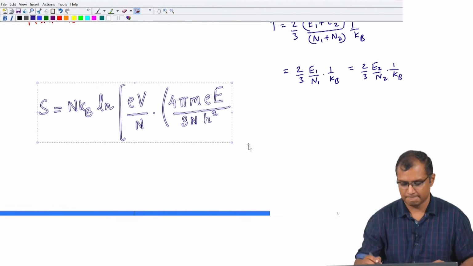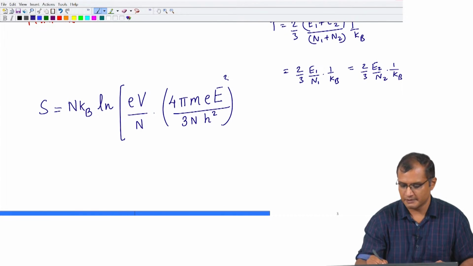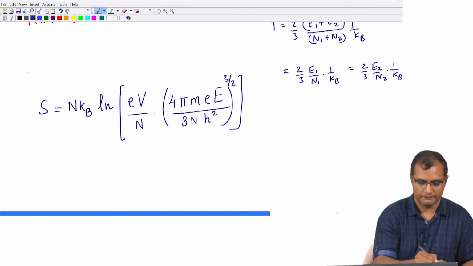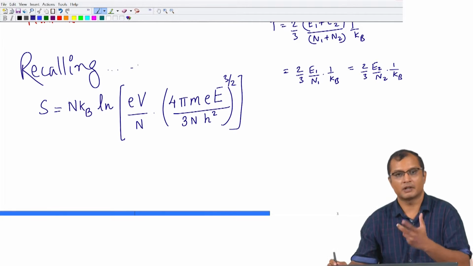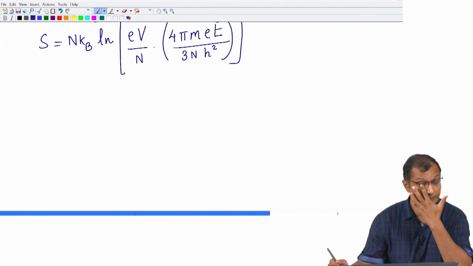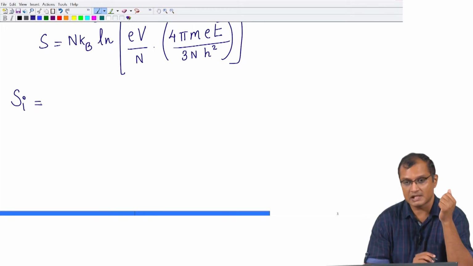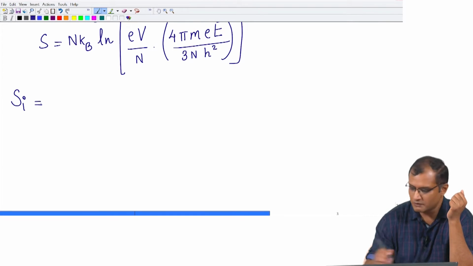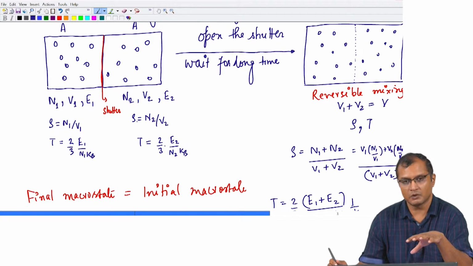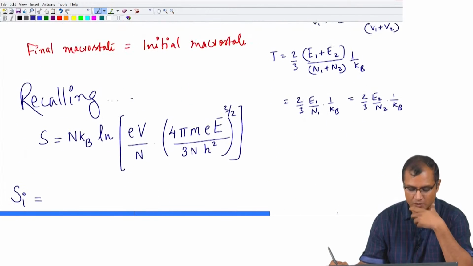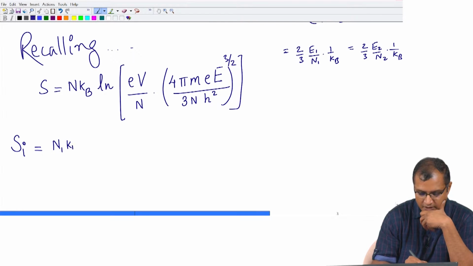Okay. So, just recalling that this is the expression for entropy, you can compute the total change in the entropy. So, as usual you write down the initial entropy, which is the sum of two entropies of A and B. So, our particles were now distributed, A type were in compartment A with volume V1 and B type were in compartment B. So, we can write down N1 Kb ln